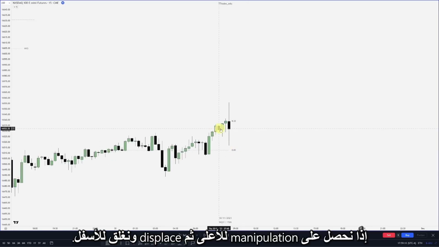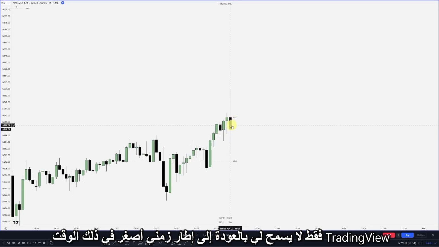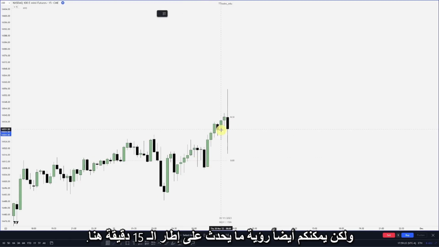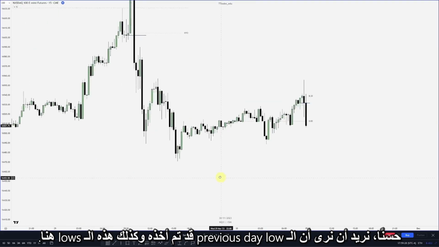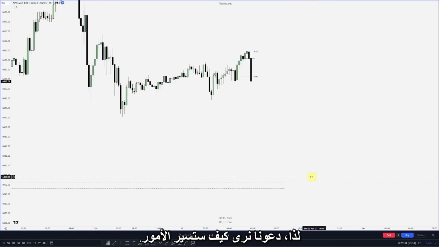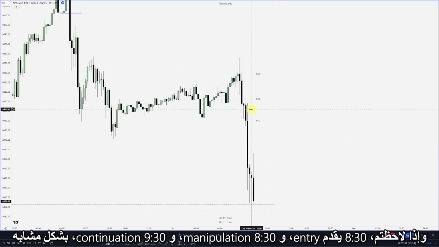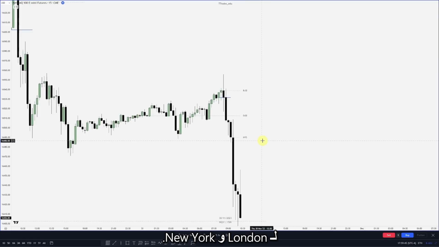8:30, you can see we get manipulation up, and then we displace and close lower. Now there's a lower time frame entry in there. TradingView just doesn't let me go back lower on that time frame. But we could also see what happens with the 15-minute chart here. Once we close below, what do we see? Well, we'd want to see previous day low taken as well as these lows here. So let's see how that works out. And there we go. And if you notice, 8:30 offers an entry, 8:30 manipulation, 9:30 continuation, similar to London and